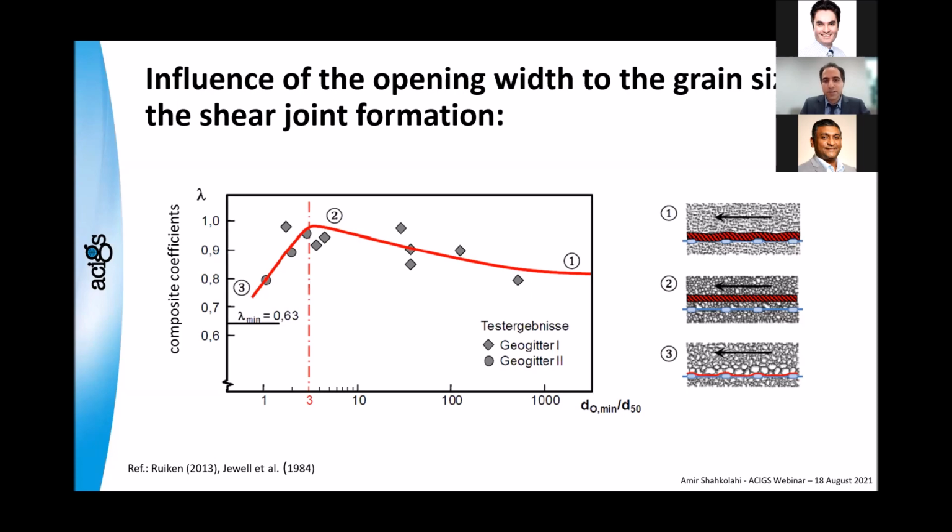So we have some interaction here, and then we have friction between that gravel and upper layer. That's why the shear failure is pushing up, not directly on top of the ribs. Again, when we go to the lower end, which has a very large particle size, we miss the chance of interlocking again, and the shearing failure can be pushed again on top of the gravel.